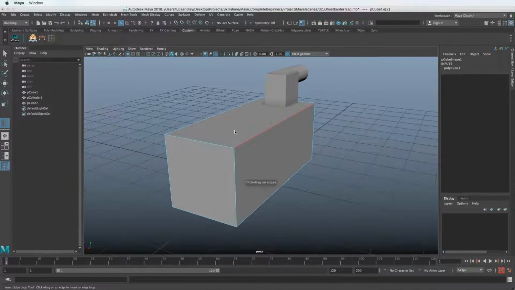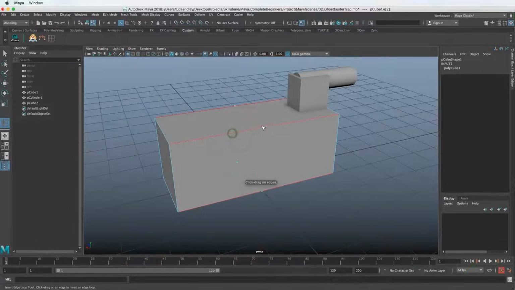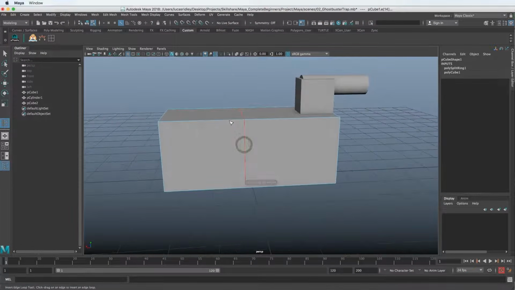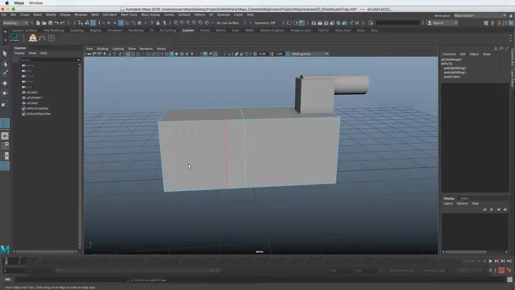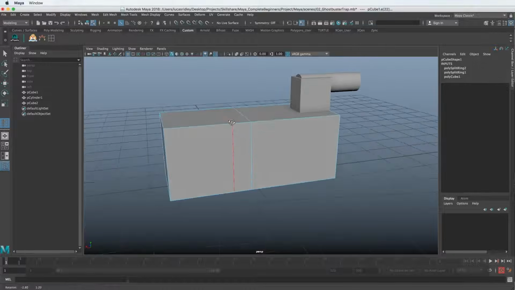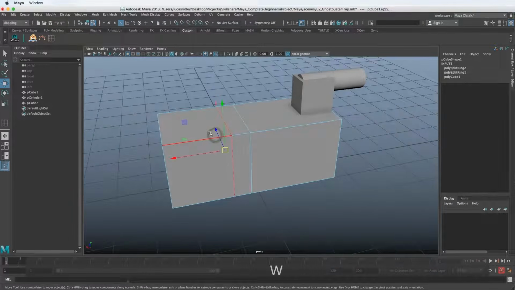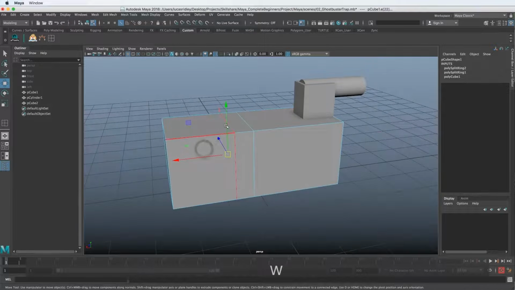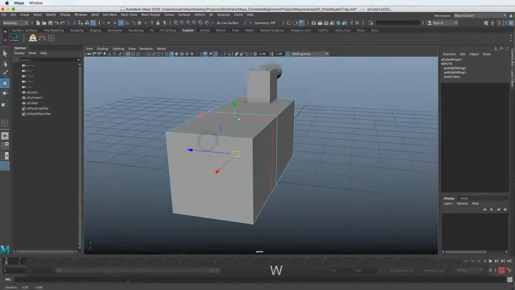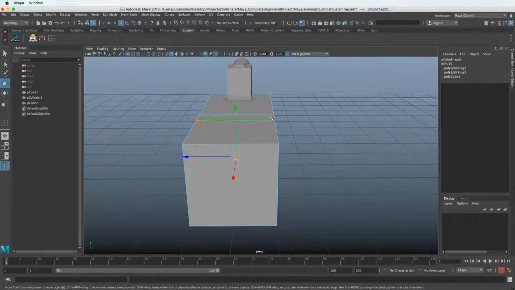So let's click that. And if we click and drag this, we can make these 2 areas where we're going to have the lower section and the upper section, and we have this angle here. So we need to have two edge loops, one here and one there, so that we can make this division. It doesn't really matter where they are exactly. We can move that around later, but let's just get them in there now. So now we have those two edge loops, and the other thing that we're going to need to add are the edge loops of the border here.